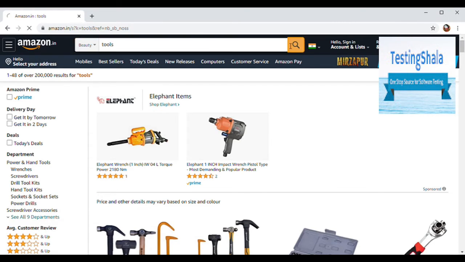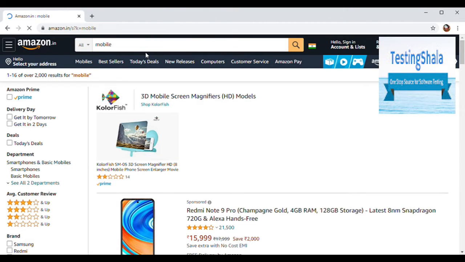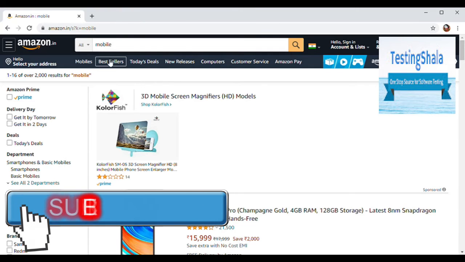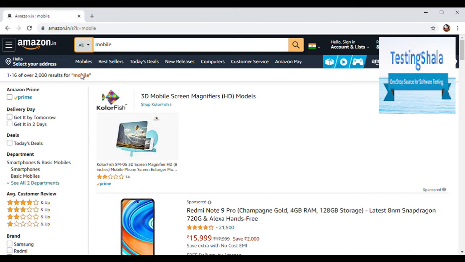That is incorrect basically. That is incorrect because when I try to select beauty, I have selected tools, then when I selected this one, you should search for beauty with tools, but this search is not happening. It's definitely an issue in the Amazon search engine because when I'm trying to select any category, let's say I'm selecting computers, then if I search mobile here, under computers and accessories, you should call out this one. But if you can see here, it is taking to All. Again, this is incorrect functionality.